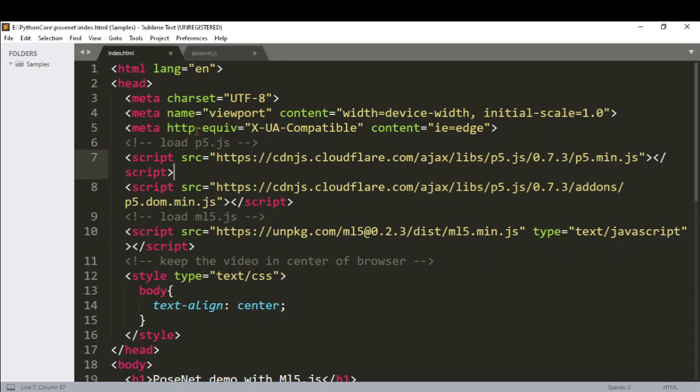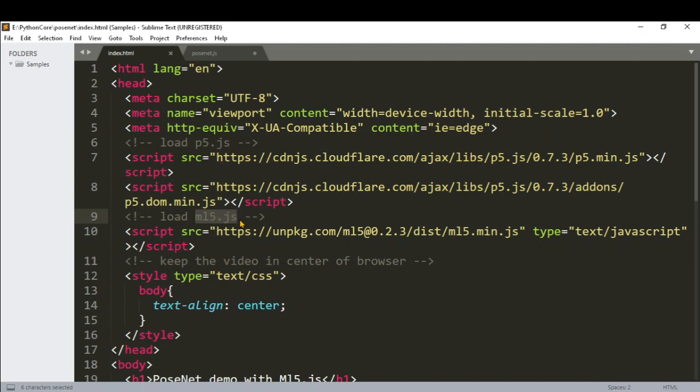So what we are going to see is how to use it in a browser. In the browser there is TensorFlow.js, which is a client-side library, and it is meant to train and run the ML and the AI models in the user browser itself. But today we are going to use the ml5.js library.